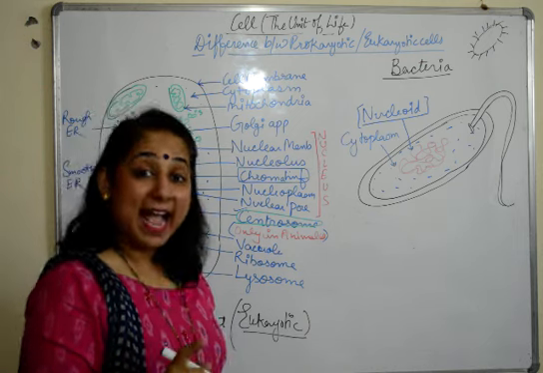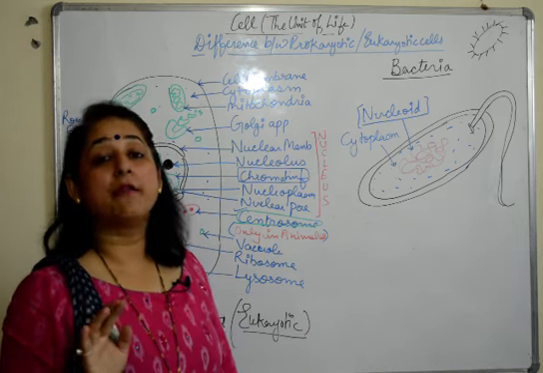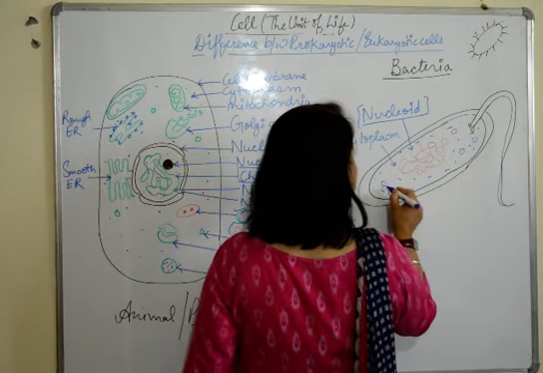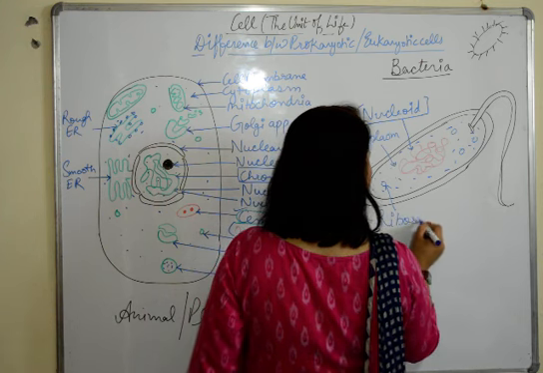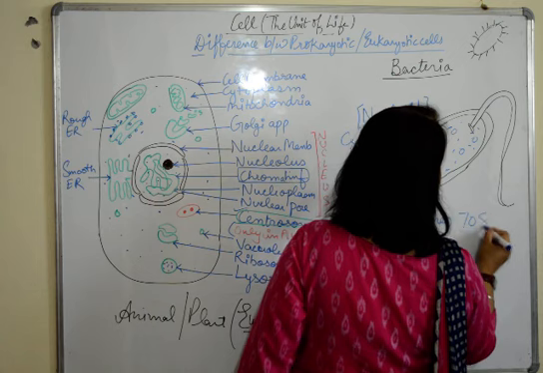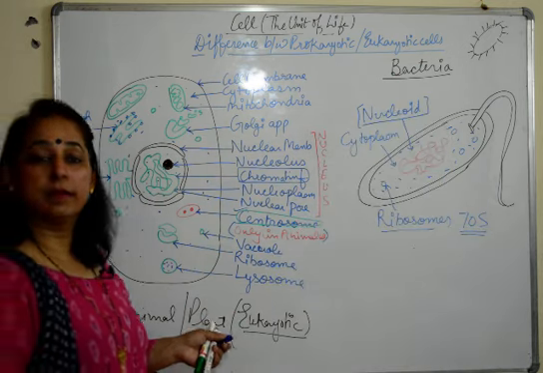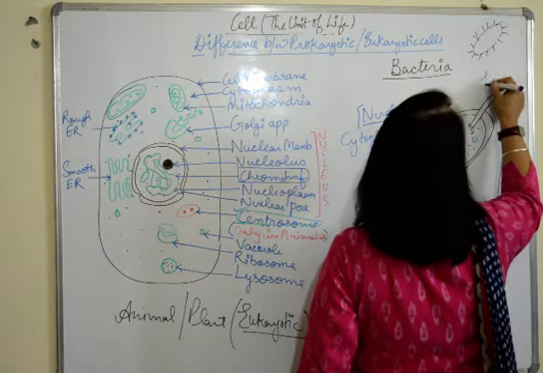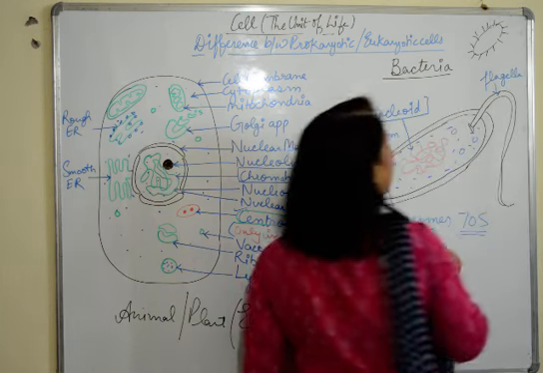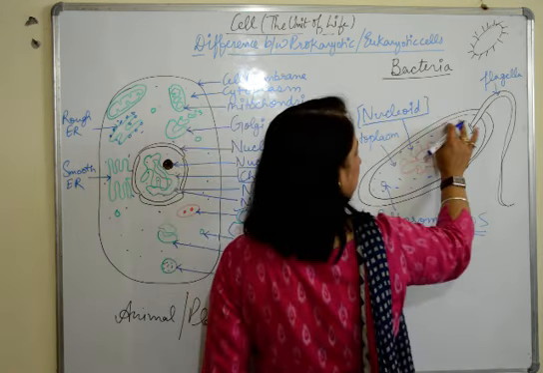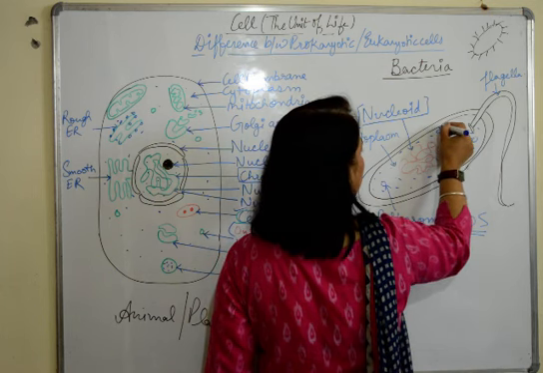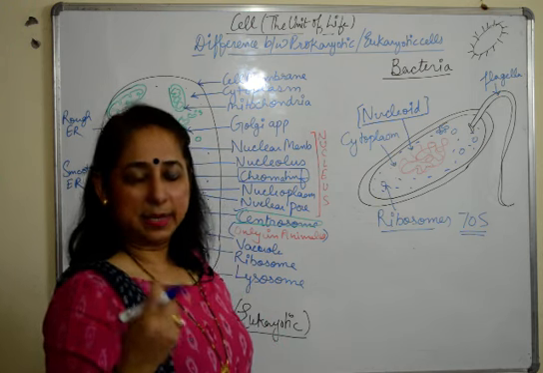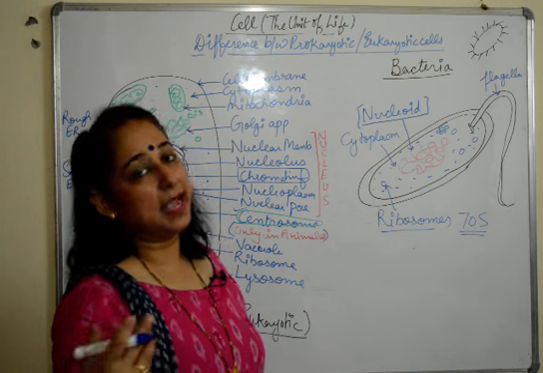Then it has this semi-liquid substance here which is present in the other one also, that's the cytoplasm. And if we talk about organelles, it just has organelles which are not covered by membrane. So it just has one cell organelle in it, that is the ribosomes. That too 70S. 80S are present here, right? So I've just labeled the parts, I'll label this flagella also. Fine. There are certain inward extensions present here known as mesosomes also, and they are responsible for having chlorophyll in them in some cases, wherein the blue-green bacteria has chlorophyll present in it.